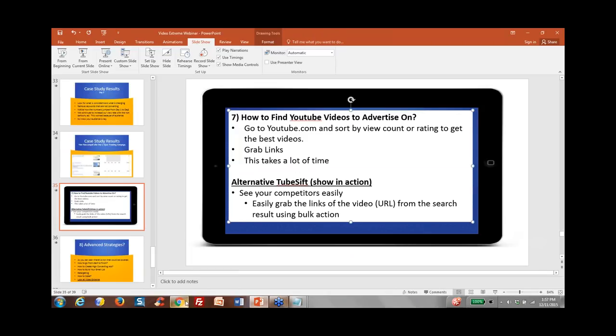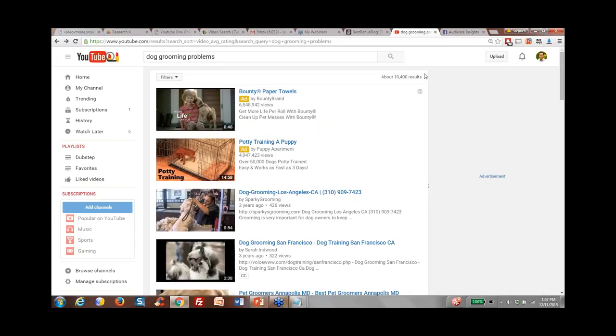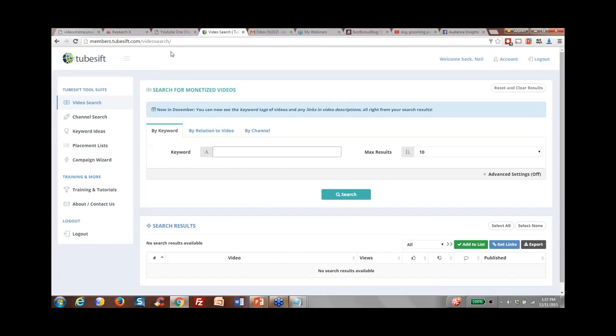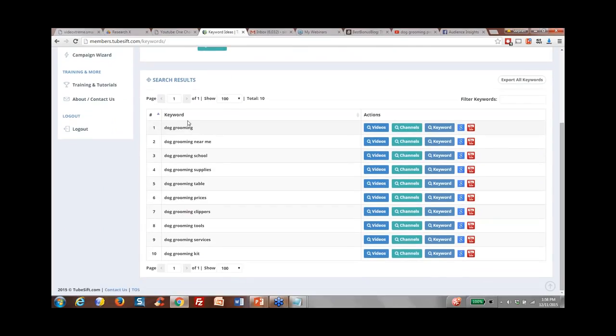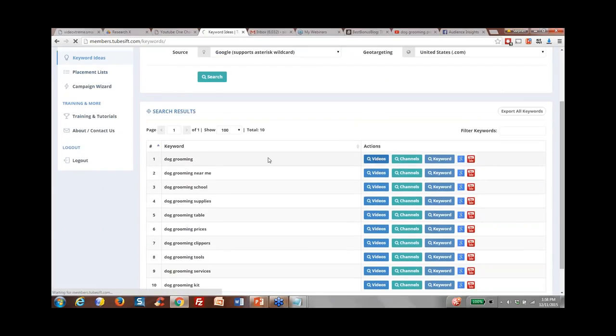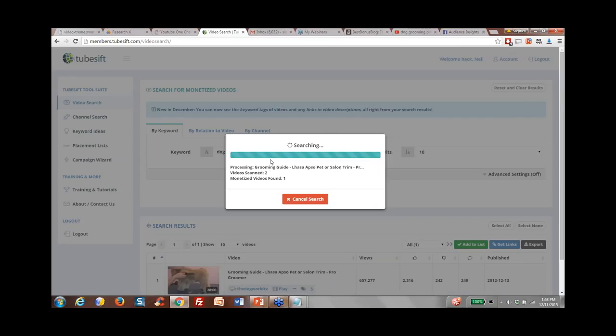There are other alternative tools, like one called V-Roll, but I'll actually show you another tool as well. There's one called TubeSift. With TubeSift, you can go to keyword ideas and type in something like watercolor, or dog grooming, and click on search, and it'll tell you all the keywords. You can click on videos, and it'll actually scrape all